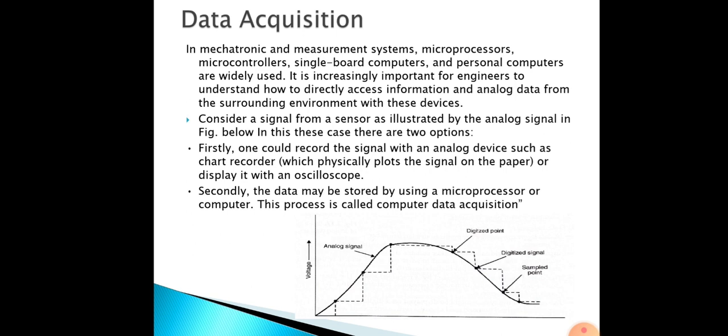Here, in order to input analog data to a digital circuit or microprocessor, the analog data must first be transformed into digital values. Then the numerical values evaluate the signal at discrete instant intervals, meaning we have to make the points, that is, discrete points. This process is called sampling, and the result is a digitized signal. After marking the discrete points, it is called sampling.